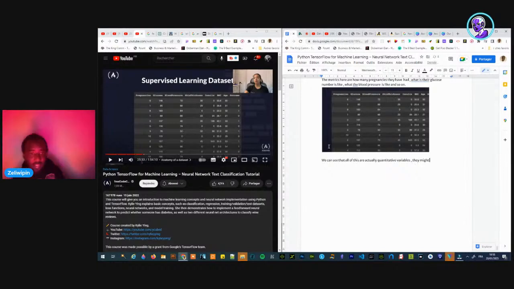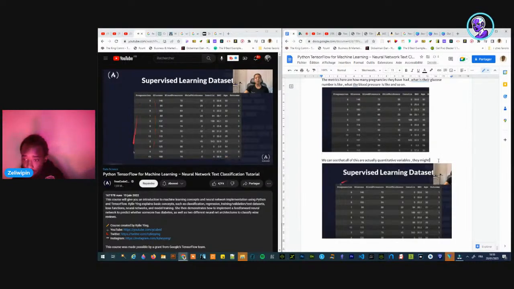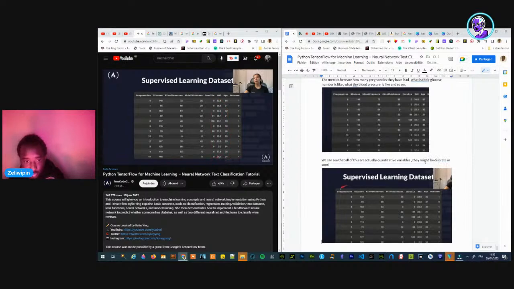We can see there is no need to do one hot encoding or transform the data into another kind of data, because all of these are quantitative variables, at least that's what I understand.